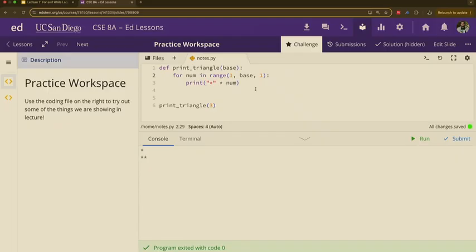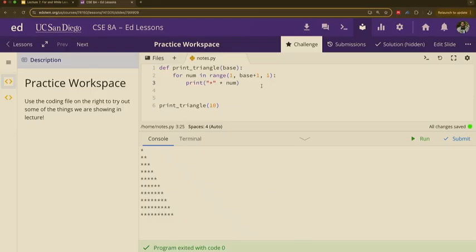So if we want to just include the number for base, what do we have to do? Plus 1. Plus 1. Let's run that. Ta-da! We got our 3. We got to test it. Let's just make sure that it's still working. Let's do 5 again. 5 looks good. Let's do 10. Oof. 1, 2, 3, 4, 5, 6, 7, 8, 9, and 10. We did it. Okay? So what we're doing here is that we're using a for loop.